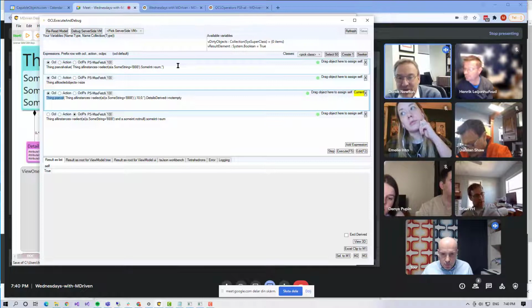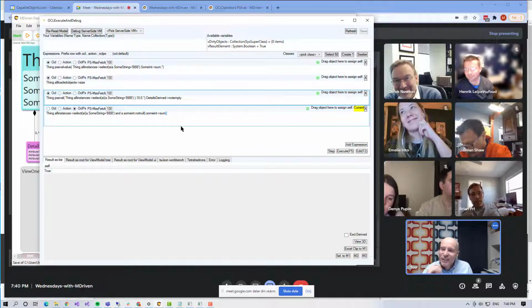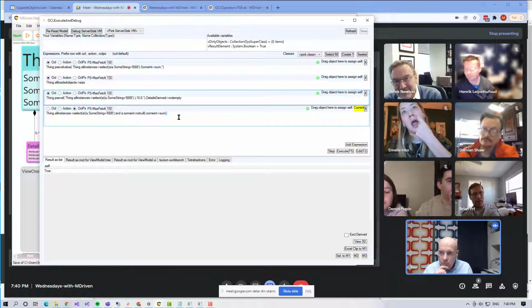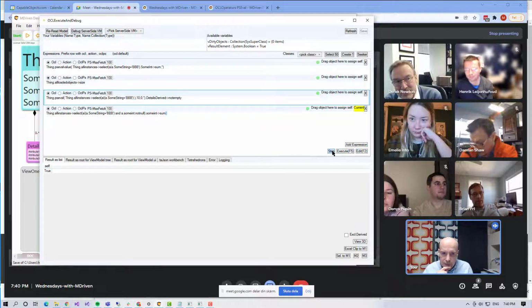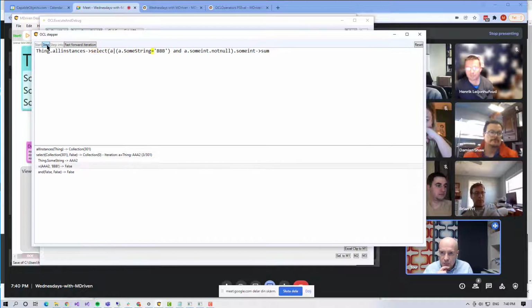Yeah, it is. Something we showed in the last session to make it easier to debug the OCL is this new step functionality. So you can sort of step through your OCL to see what's going on. That's a new debugging feature that we showed last time, and you can go through iterations